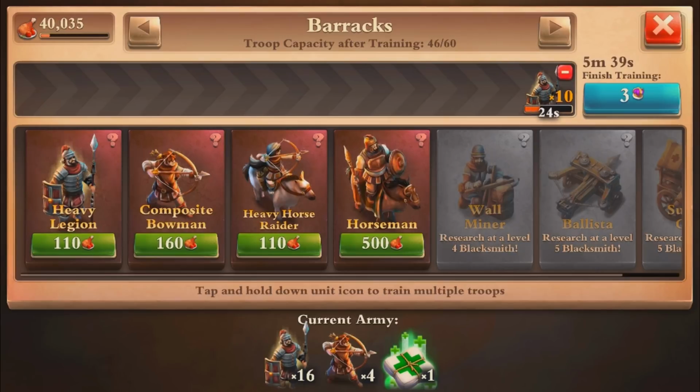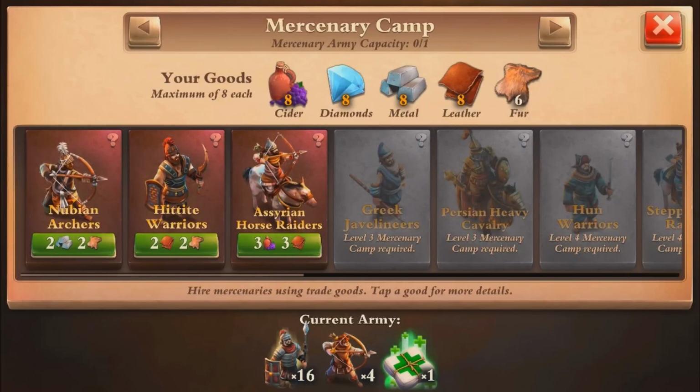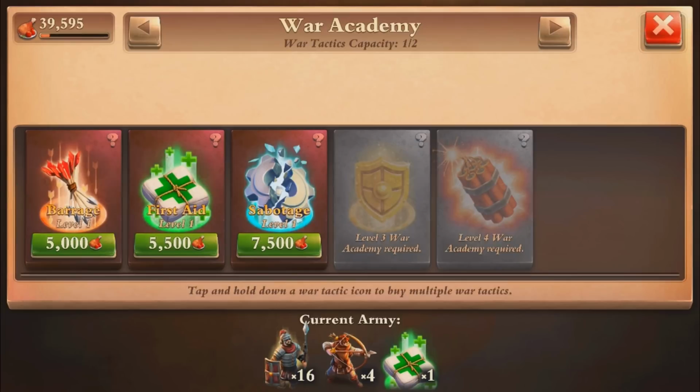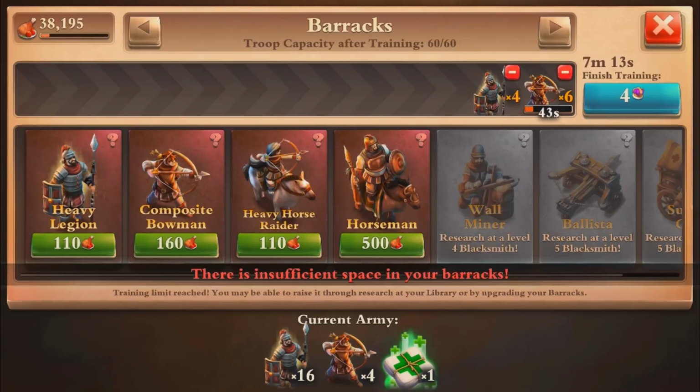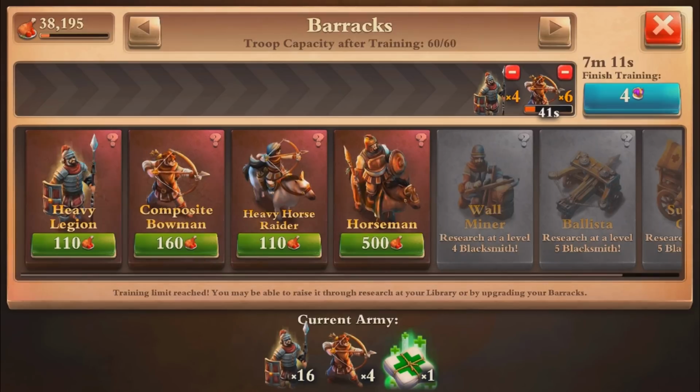You know what? We need a bit more out of this one. Here we go. 14, 16 in that one. That's all right. And then with the other barracks, we'll get 6 archers, or composite bowmen, sorry. And then we'll go with 4 more of the heavy legions, because I do like to have 50, or at least at the moment, I do like to have 50 heavy legions and 10 composite bowmen, just to clear out